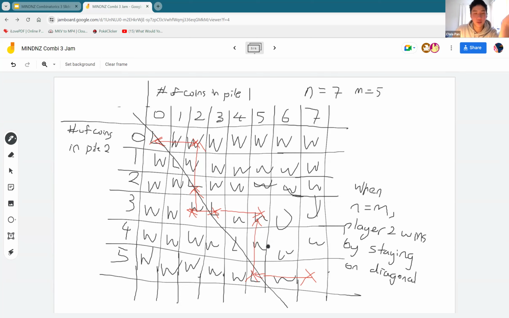And this also demonstrates what I mean when I say player one normally has more freedom, right? Player one can choose to go on the diagonal at the start, in the majority of cases when n doesn't equal m. This is a pretty specific scenario where player two wins. That's what I mean when I say player one has more power. They can control the state of the game a bit more because they get to start and they get to choose the state they give the opponent. Okay,